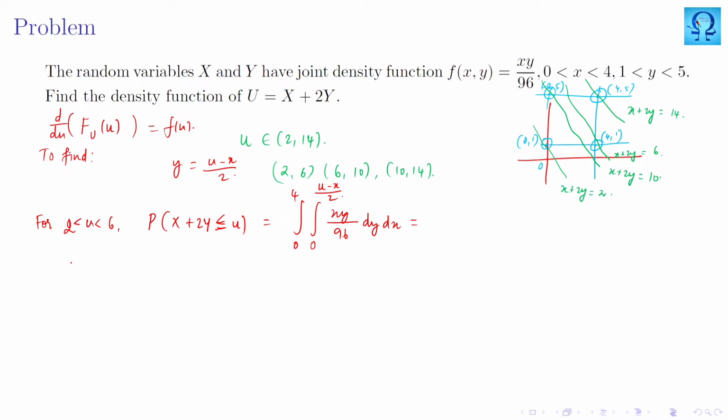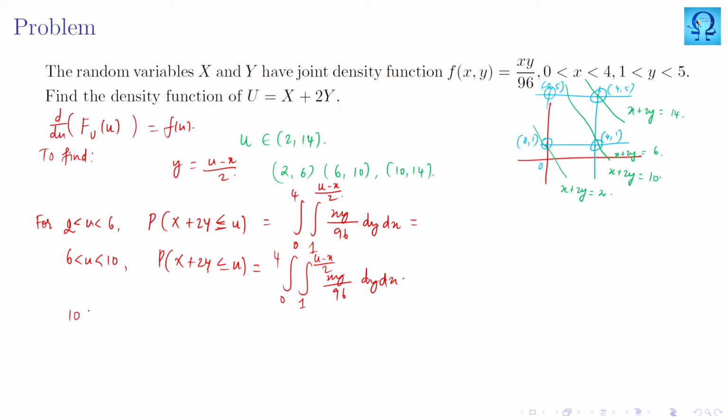And for the other case, you just draw one line and see how it is functioning. For the next case, lying between these two, that is the probability of x plus 2y less than or equal to u, again you have the same thing. Y is running from 1 to u minus x upon 2, and the same thing we will have